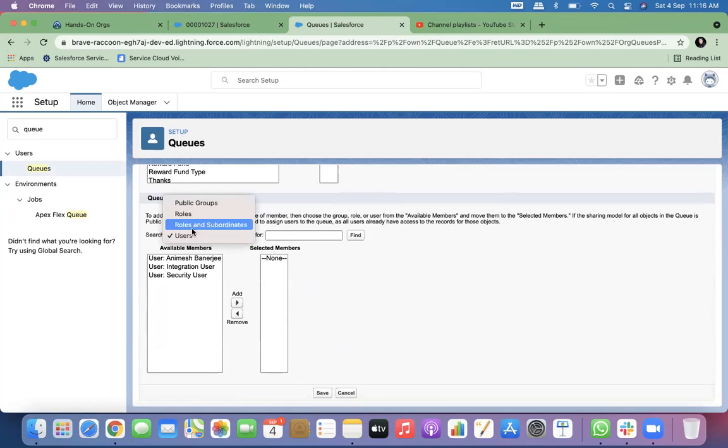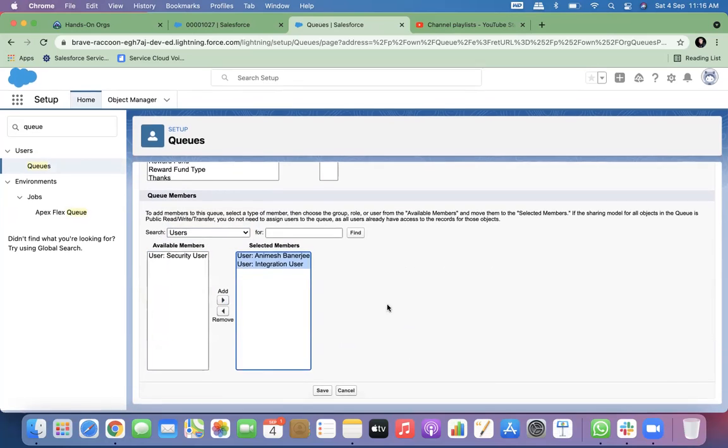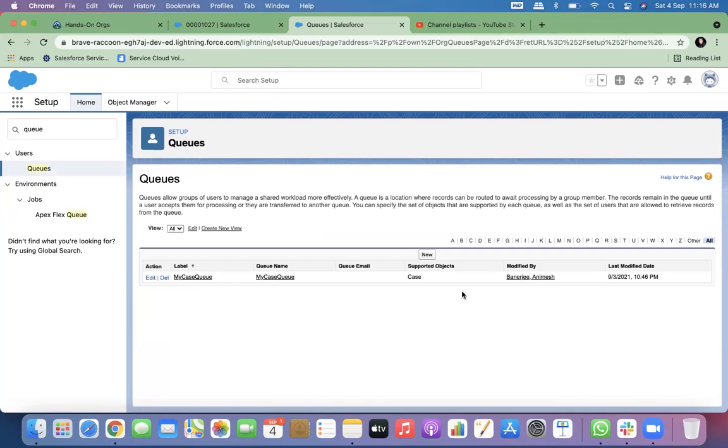Who are there in these queues? Simple, just like a public group, you can put users inside it. Let's keep 2 users here. Save it. So I have created my case queue.